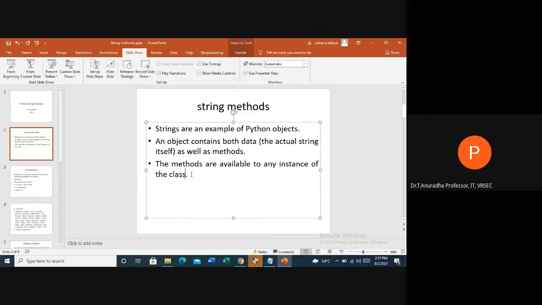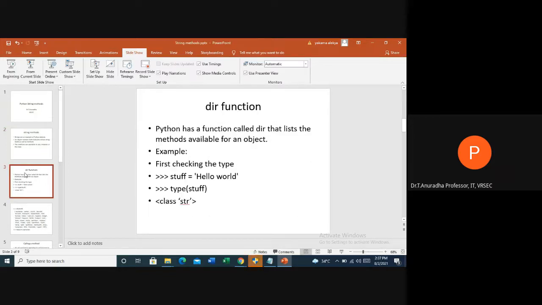Whatever methods are available to the string class will be available to all the objects that you create. To see what methods are available to the string class, there is a function called dir that lists all the methods available to string objects. Because these methods are defined in the string class, they are available to all string objects.